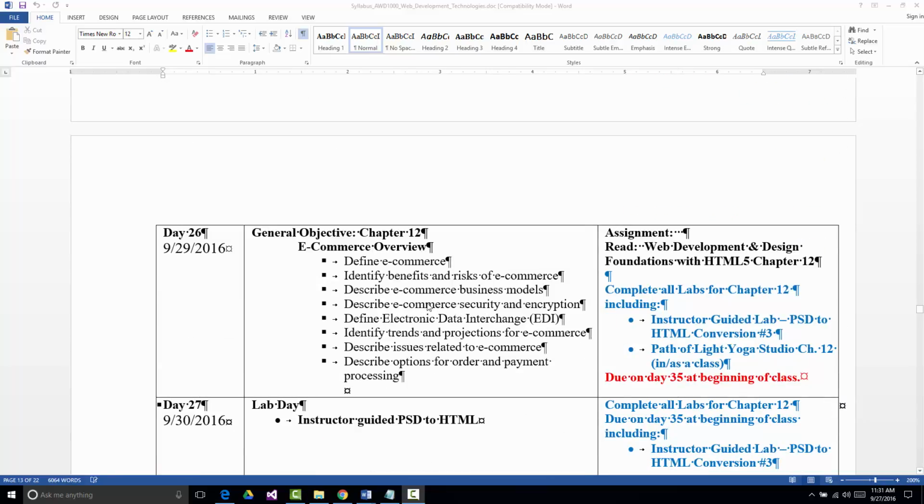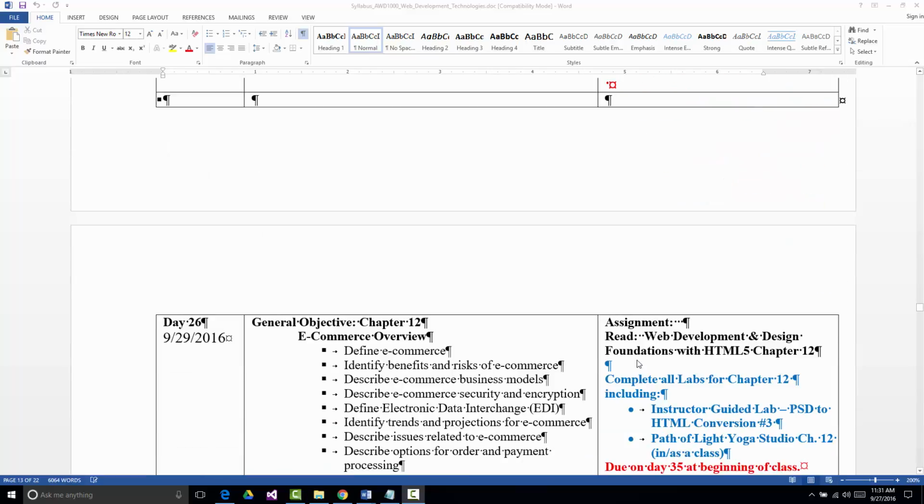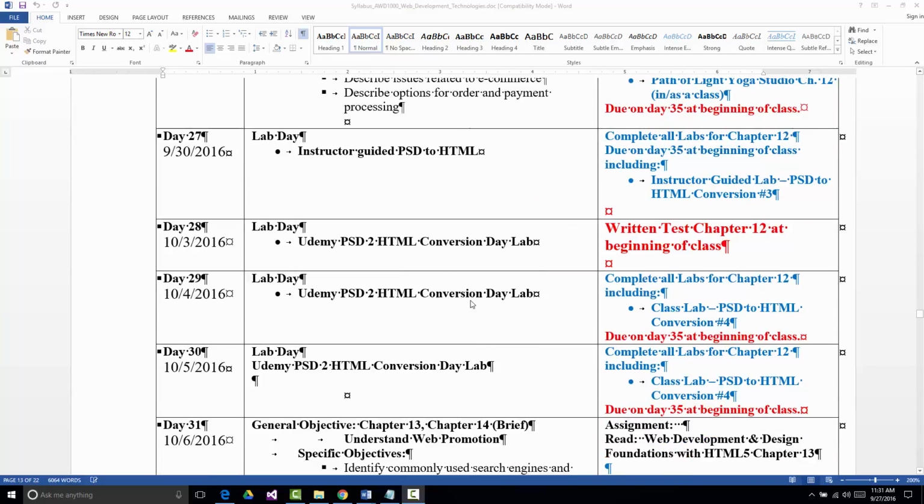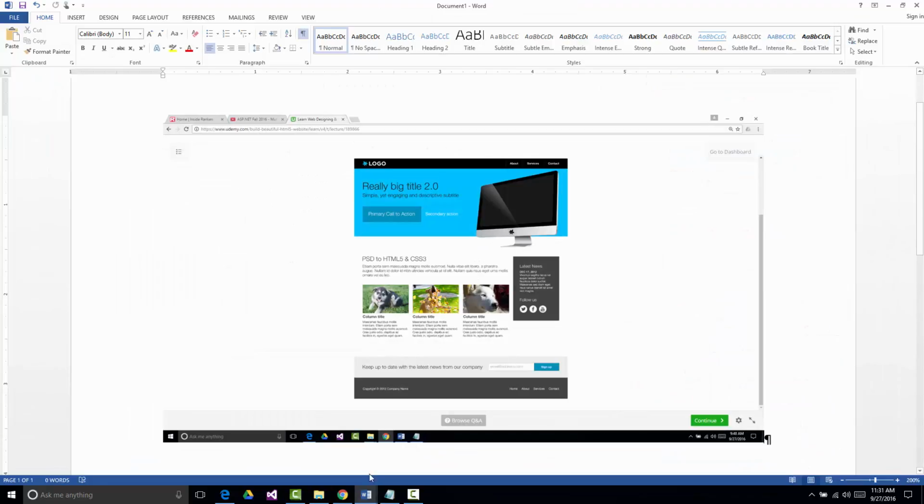Then Thursday will be your hands-on test for Chapter 11 and 12 for the entire period. Starting on Friday, we're going to go through an exercise as a class. You're going to have to do it, and I'll show you what we're going to end up creating, and it's this. Doesn't look like much, but Evan